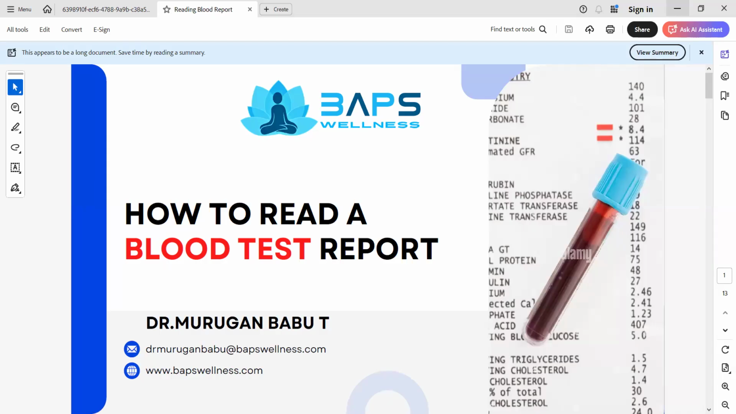Not only blood reports, but also scan reports of various natures, whether it is ultrasound or MRI or PET or CT or whatever it is. That class we will have separately. In this session today, we are going to see only the common blood tests that almost in 95% of the cases are needed to be taken. So in this session,